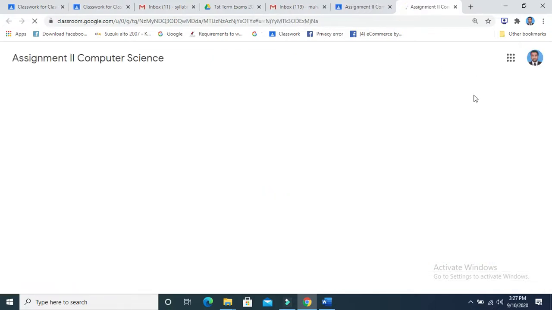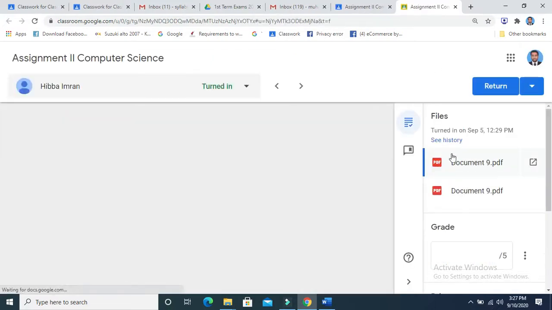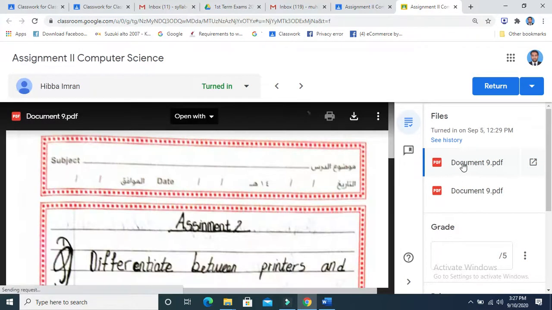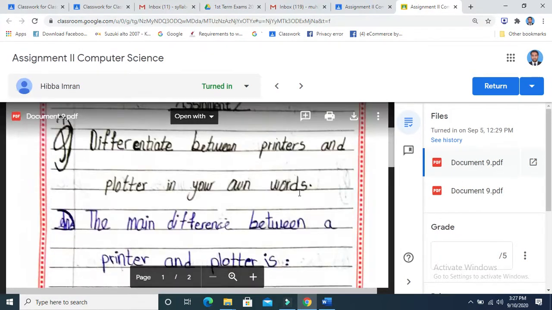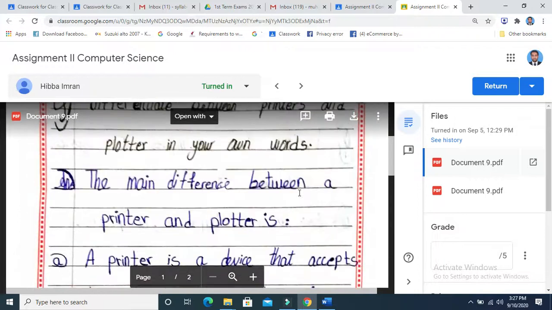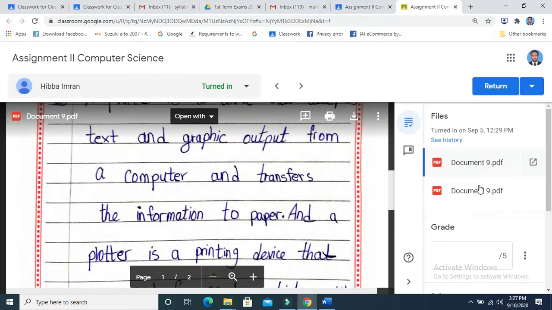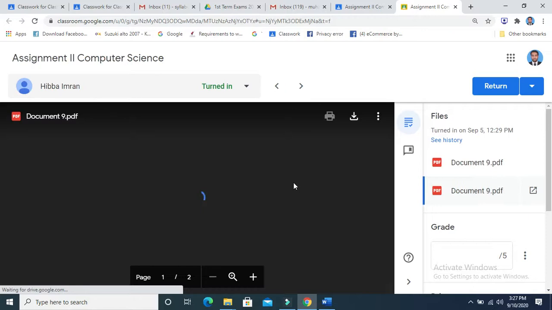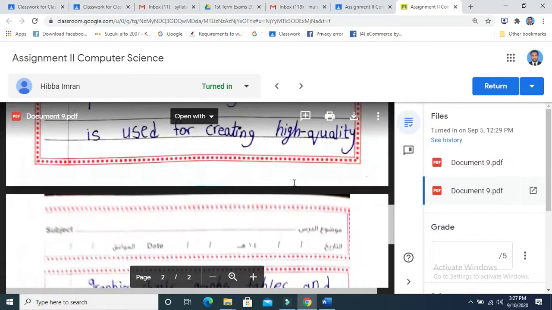If there are multiple papers, you will see it is showing you these multiple papers, PDF or images, whatever the student has submitted. Just like this is the work that the student has submitted, I will go through it, I will note down its numbers, I will note down the next page numbers, I will total it, I will make it a sum, and then I will put it over here. Okay, these are the marks, but I will not click on the return button because I will just save it in my drafts. So this is all about the checking of paper 2 that we will be doing, inshallah.